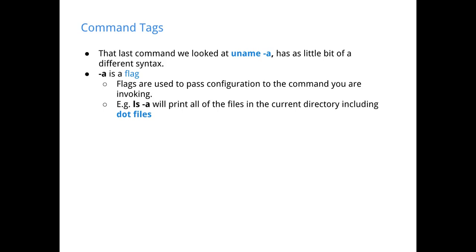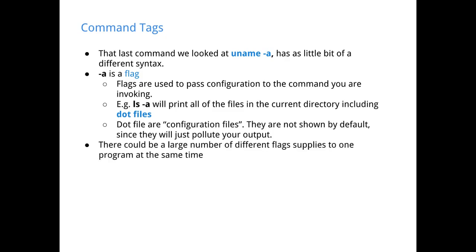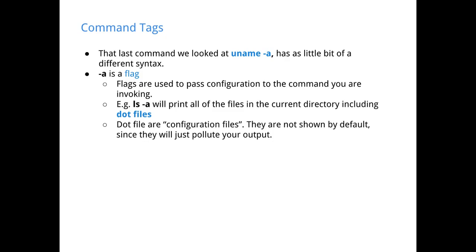Yeah, ls -a. So you can use it with the ls command. If you pass it the -a flag, it will actually print out everything, including something called dot files. Dot files are files, just like any one that we've seen before, but they start with a dot. Anything that starts with a dot is a dot file, and those are hidden when you run ls normally, because they're configuration files. We don't want to see them all the time, so the system normally hides them from you. But if you want to be configuring your system, obviously you want to see what those files are and where they're located. So in those cases, you'll be using ls -a.